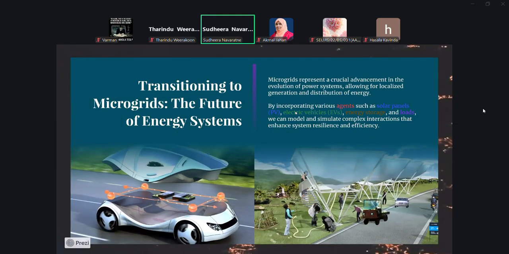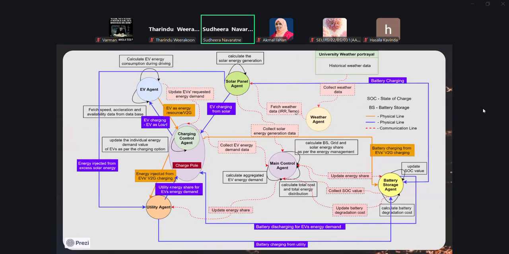This kind of simulation is very crucial for simulating the complex behavior of microgrids or smart grids, which consist of many individual models and their interaction. So you can see these are the different agents: an EV agent, solar agent, utility agent, weather agent, battery storage agent, and main control agent. They have certain inputs, and then there are the interactions between agents.